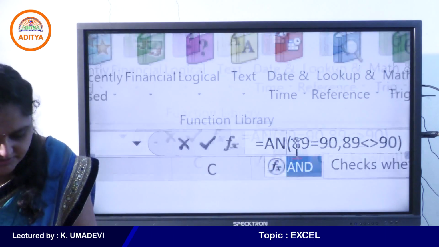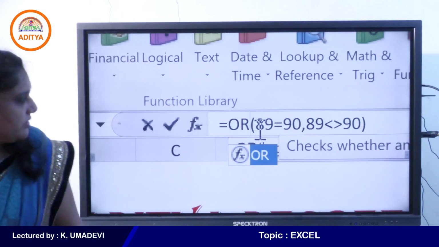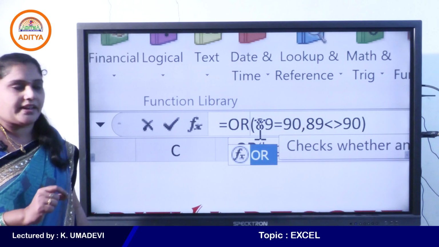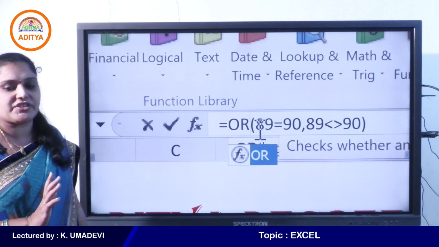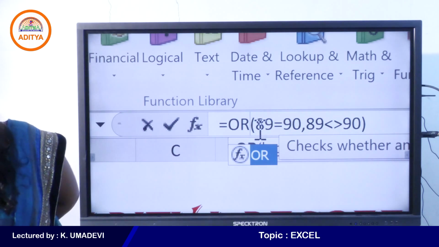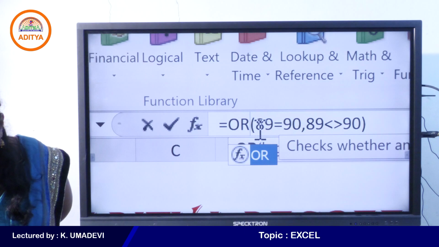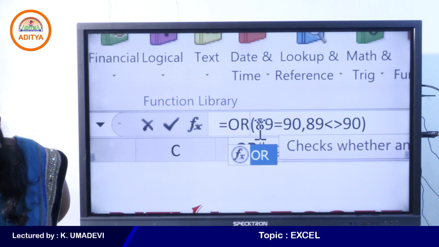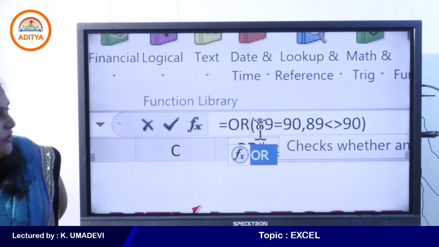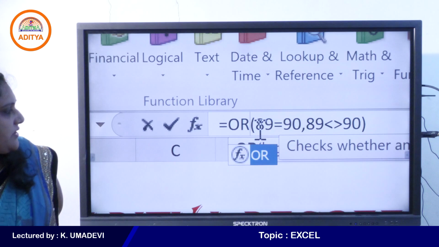I'll just change this AND function to OR. Now what is the result of this expression? Okay, Kusma. See, we use the OR function for the same conditions, right?